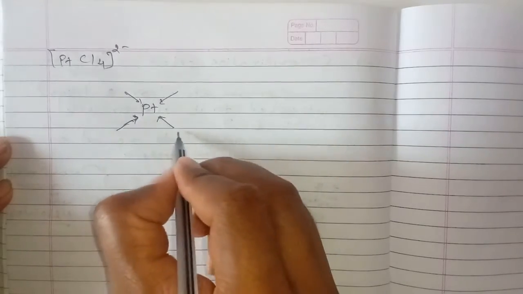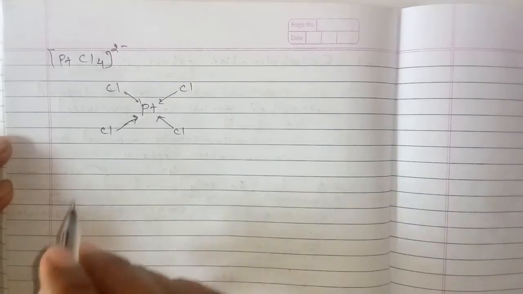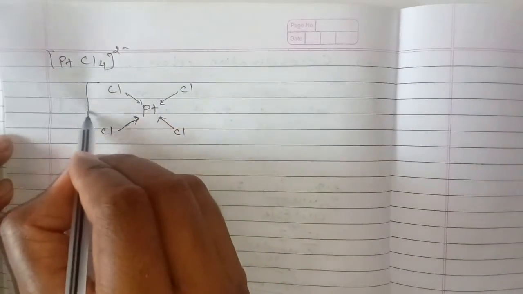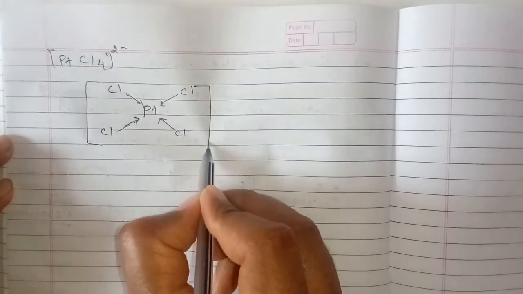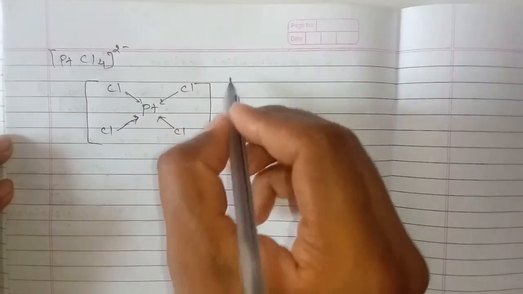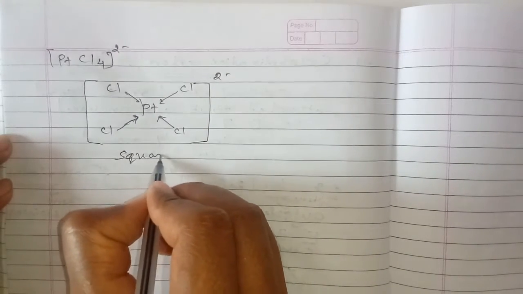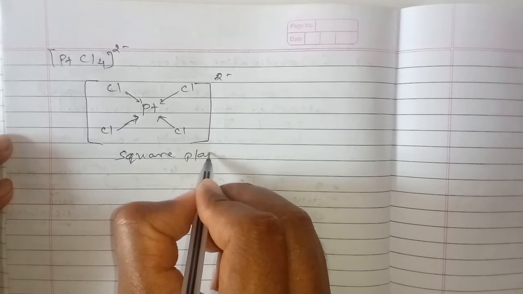Here the 4 chlorine, hence it is bonded with platinum metal, and this shape is square planar,